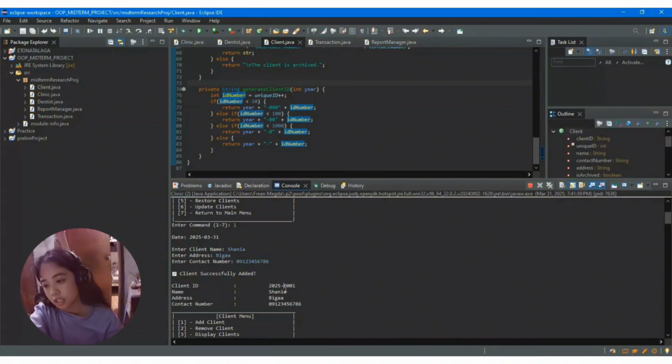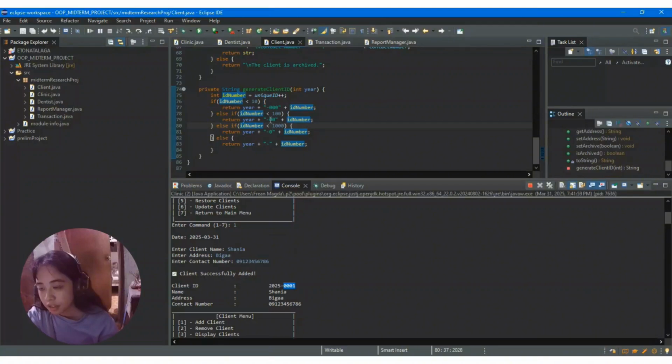Gaya nito, 0, 0, 1. So, para makip niya yung 4 digit each. So, sa year, and then din sa kanan, 4 digit siya. So, next is kapag less than 100, which is